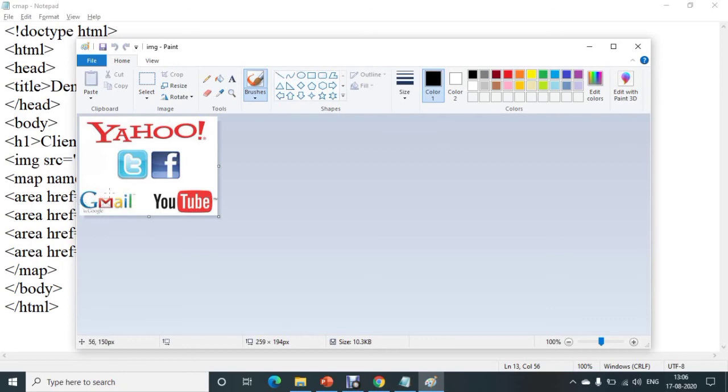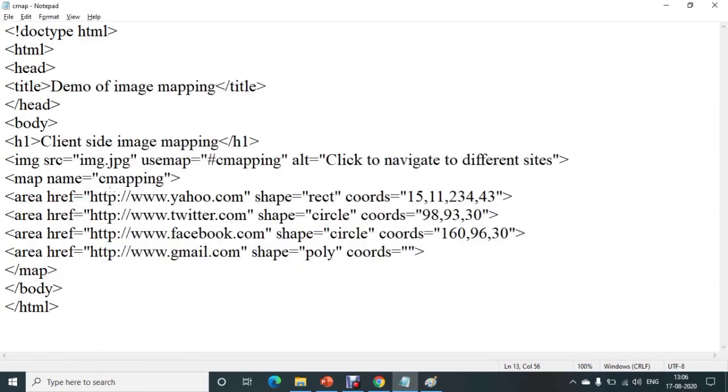Every point will have two coordinates, x coordinate and y coordinate. So first this point will have coordinates 57 and 147.